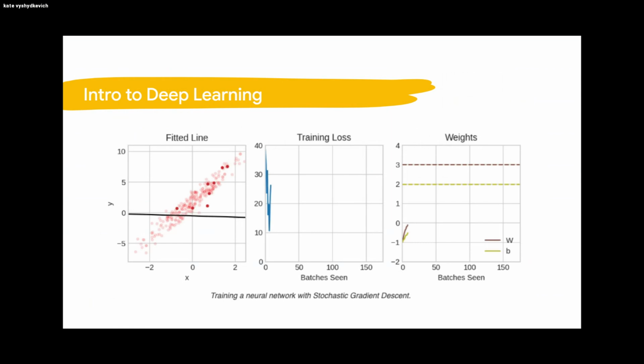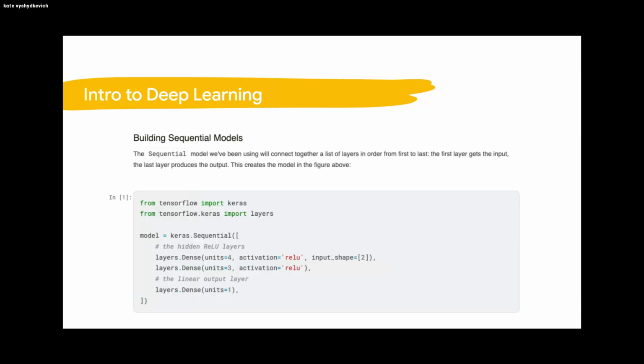A significant portion of the course focuses on training and optimization. You'll learn how to train neural networks using stochastic gradient descent and improve their performance with techniques like dropout and batch normalization. These techniques are crucial for building effective neural networks. The course emphasizes practical application, allowing you to apply neural networks to real-world data sets and classic machine learning problems through hands-on exercises.